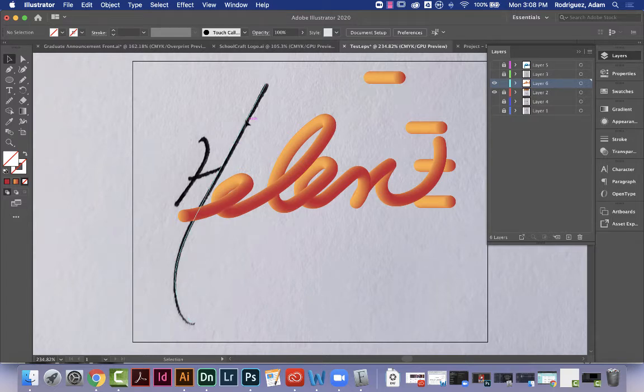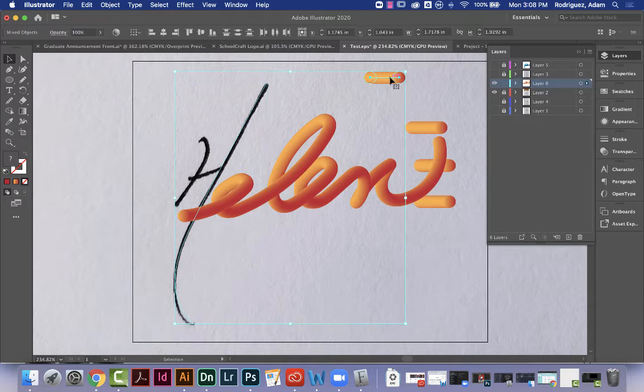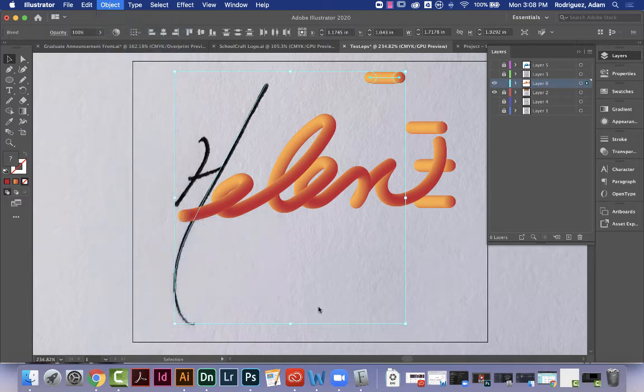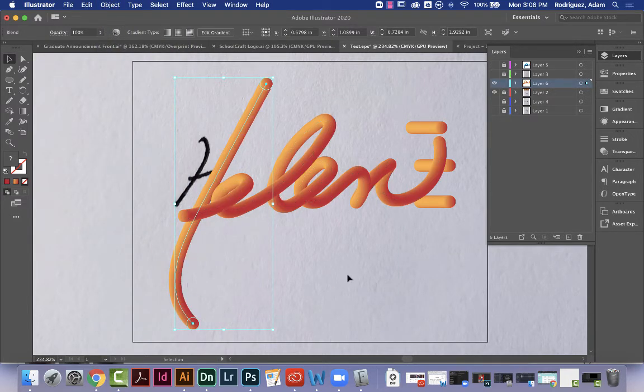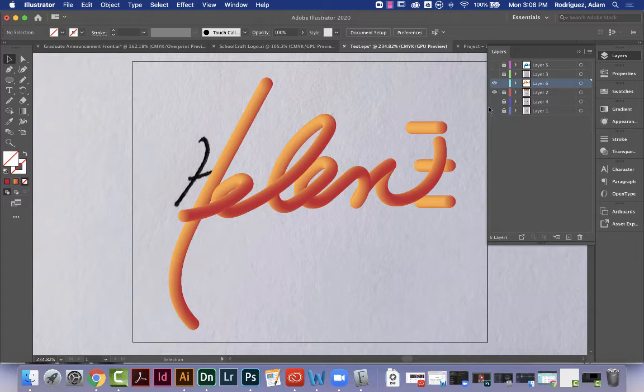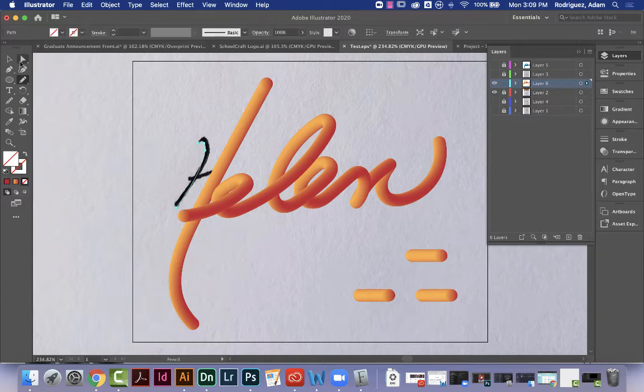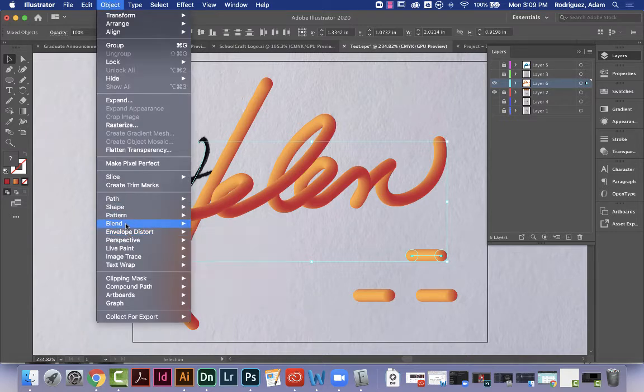Now I could take this guy and shift click with this one up here and do the exact same thing. And I'm going to get a pretty smooth result, that's smoother than that 200 because I moved it to 300, remember that? So now I've got 2 done, this guy, and this guy will be used for these chunks here. You know what? Let's just do it quick. Pencil tool, draw this, select that one, select this one, Object, Blend, Replace Spine,